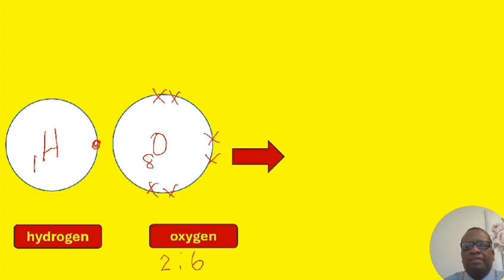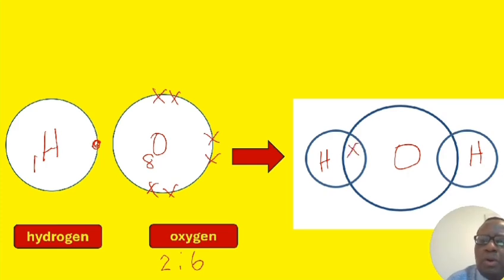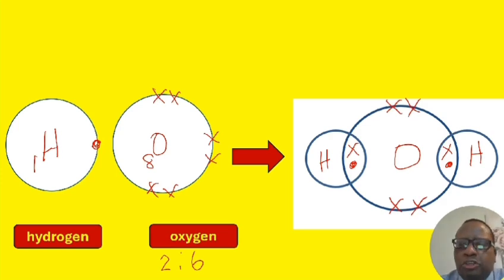Now then, let's have a look. There you go. We've got our oxygen and 2 hydrogens. Oxygen needs 2, so it's going to share 1 there, 1 there. Hydrogen needs 1, it's going to share 1, and it's going to share 1. So how many did we have for oxygen in the first place? We had 6. So 2 are already being shared, so 4 will remain there. Right, I hope this helps. It's now time for you to